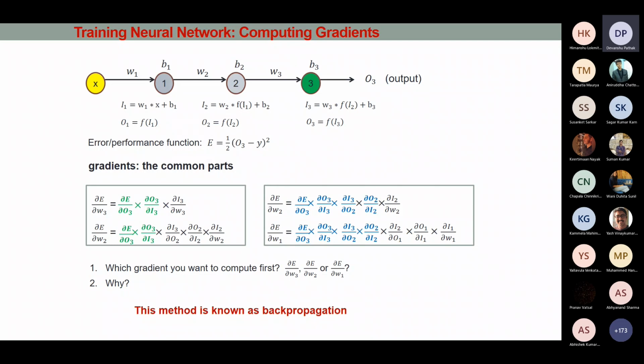Number of expressions in del E del W n plus 1. W n plus 1 as in the n plus 1th weight parameter. Okay, so that would be n plus 1 minus 2. So the partial derivative of this error function with respect to weight parameter n plus 1, that's my question. Two into n plus 3 minus 1. No, I guess no.